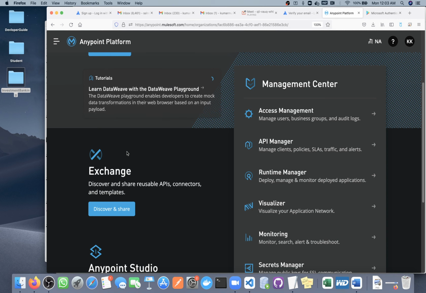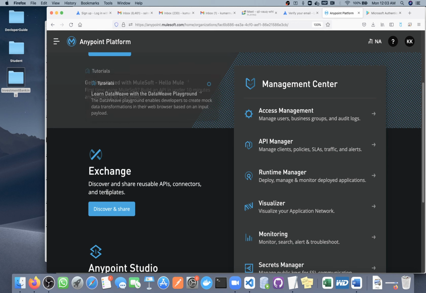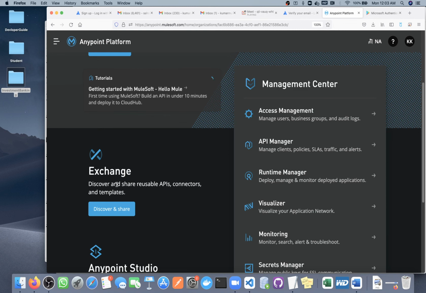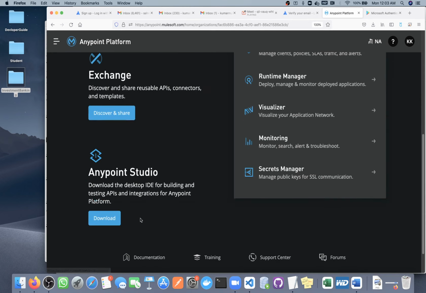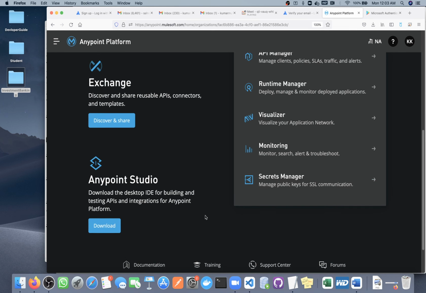Here you can store RAML, connectors, templates, APIs, all those things, and you can share them within your organization and outside of your organization. Then Anypoint Studio software. This software we are going to use for development purposes. We will download it. I will tell the download steps just after the explanation of all this, then we will go for download.